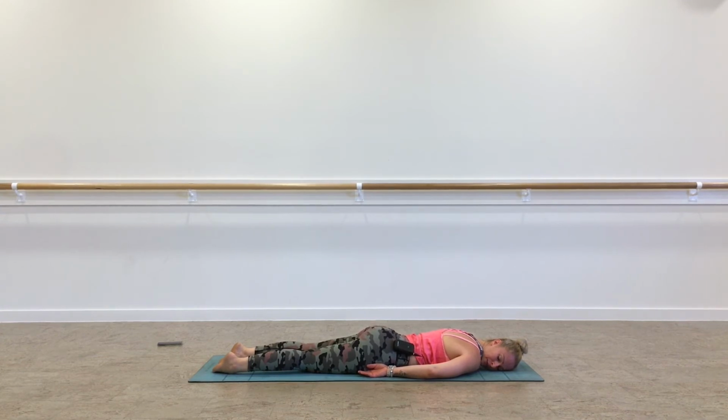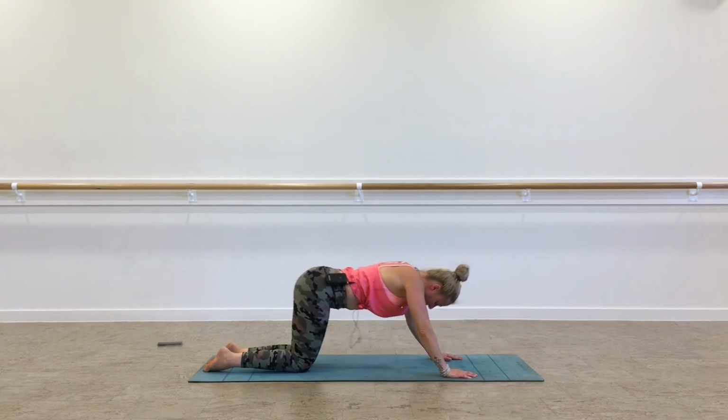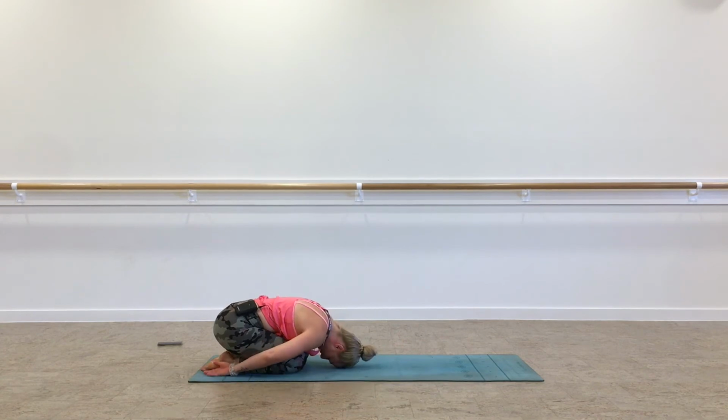5, 4, 3, 2, and 1. Bringing the gaze back down, bringing the hands towards the shoulders. Inhale, pushing up through the hands, bending through the knees, draw yourself back really slowly, counter back stretch into your